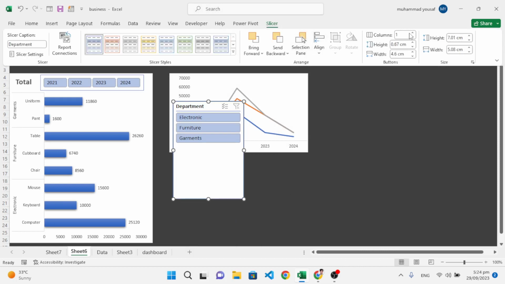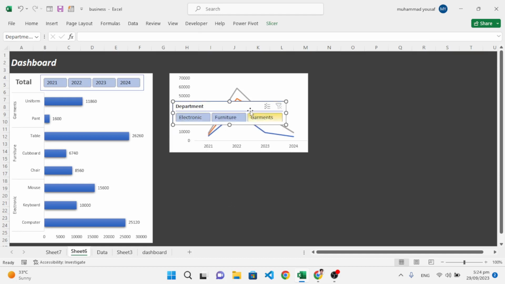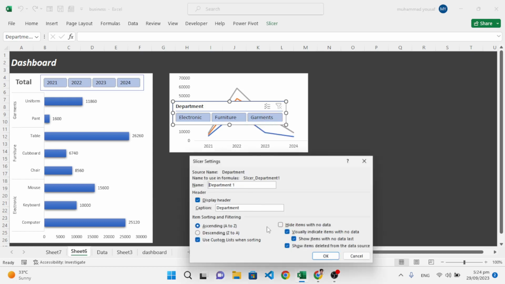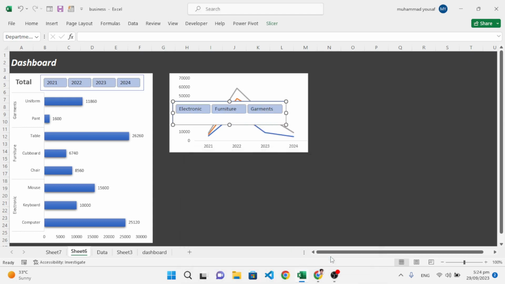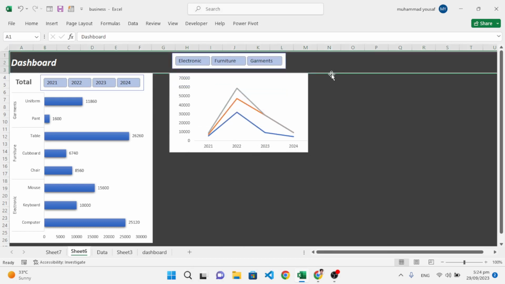On the slicer, we would like to display 3 columns, and let's drag it to the right side to display all the departments. Drag it up and unhide these. Come here to the slicer settings, display header, uncheck that. Let's move it to the top and let's move it here. Okay, let's add a header to this